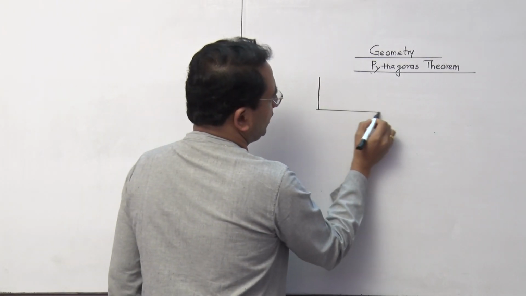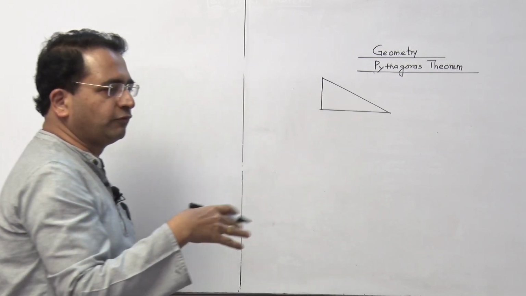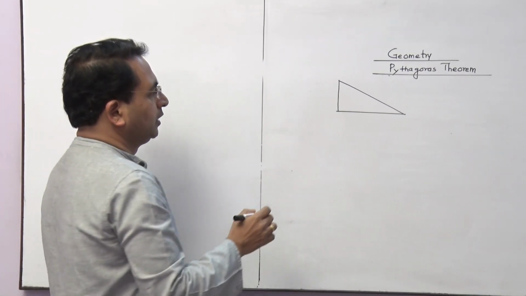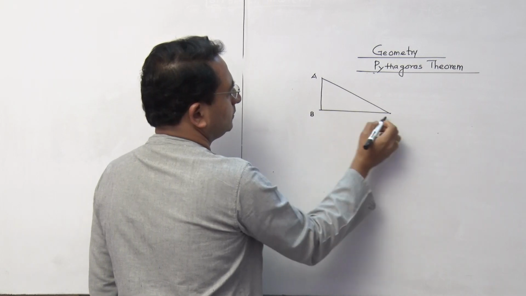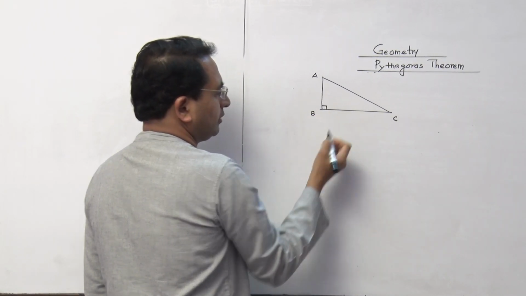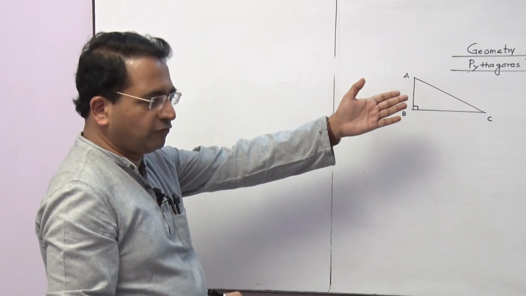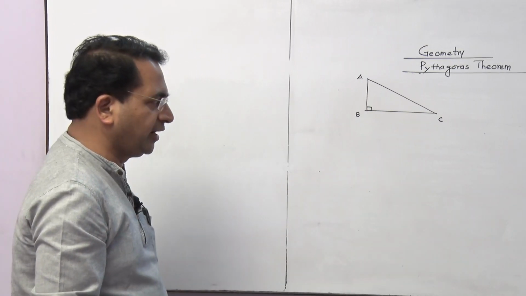Now I am telling you one thing which will be applicable for the same diagram I am going to use for three theorems. Basically, we are going to work on that now. Suppose we are talking about triangle ABC, which is 90 degree here. So it is a right angle triangle. So you know Pythagoras theorem, what it is. AB square plus BC square is equal to AC square. That is what we write.